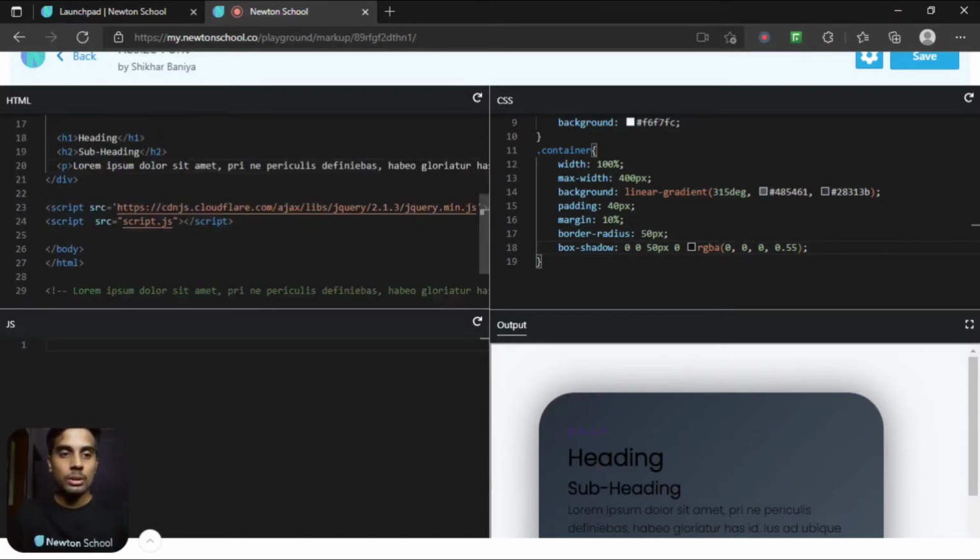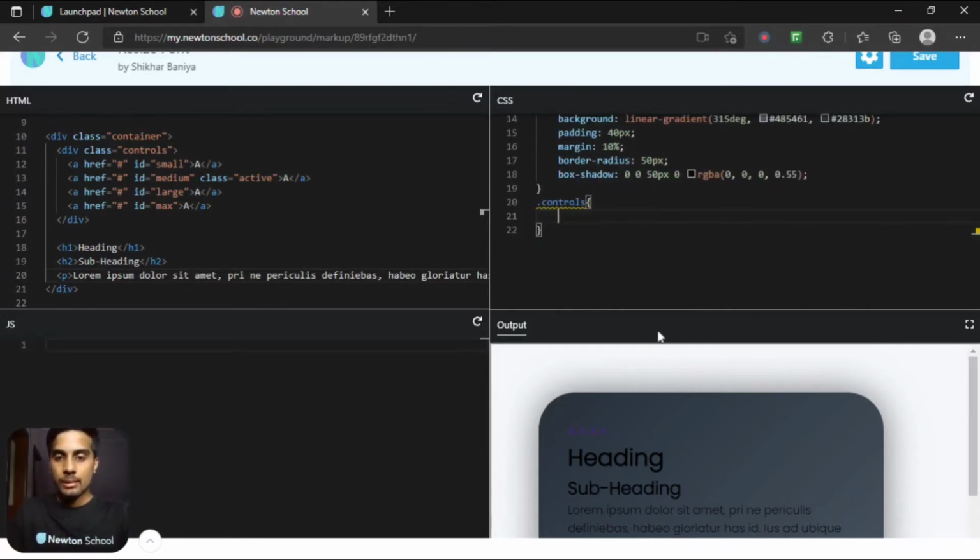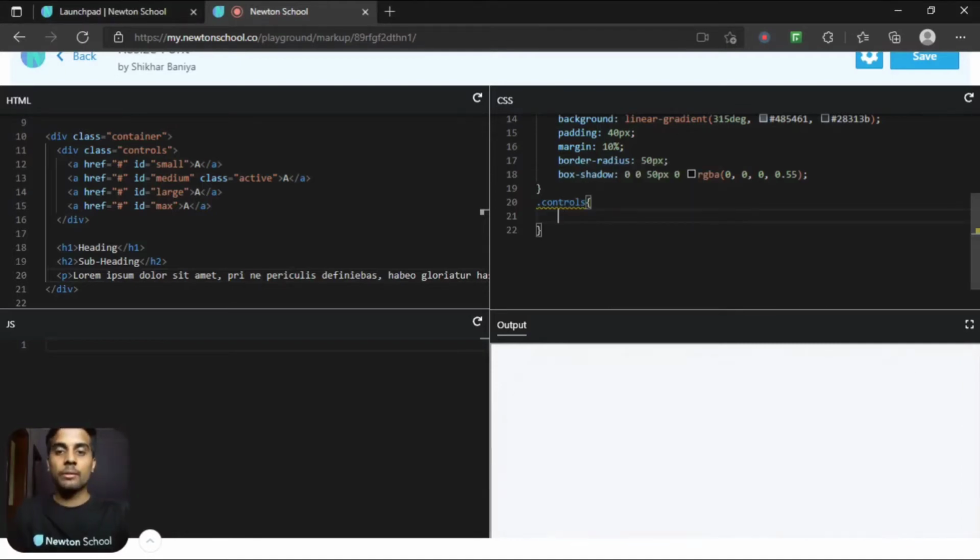Next, I want to target all of these controls which are present inside the controls class. So dot controls, and inside this, as you can see, we are having these controls. Let me change the color first. Hash 333. I'll deal with that later.